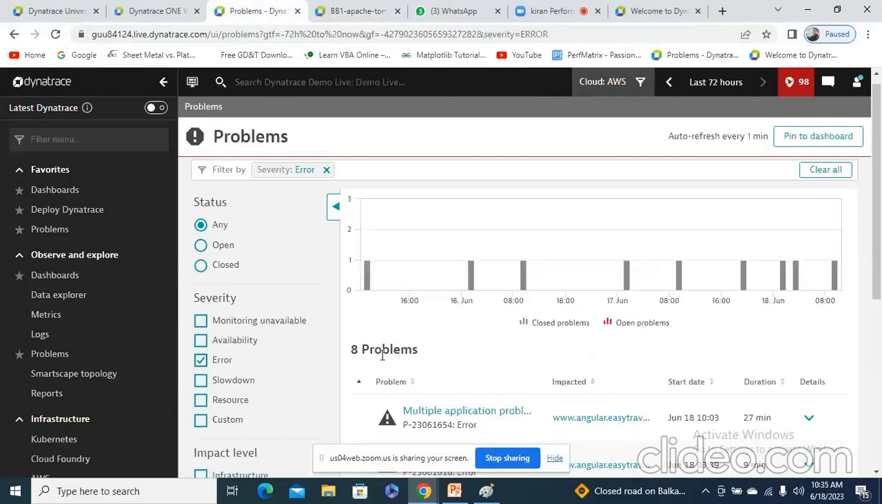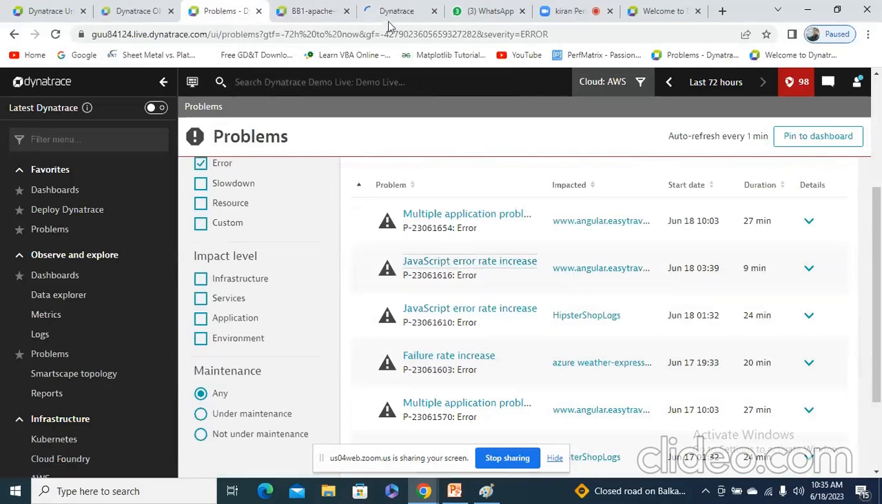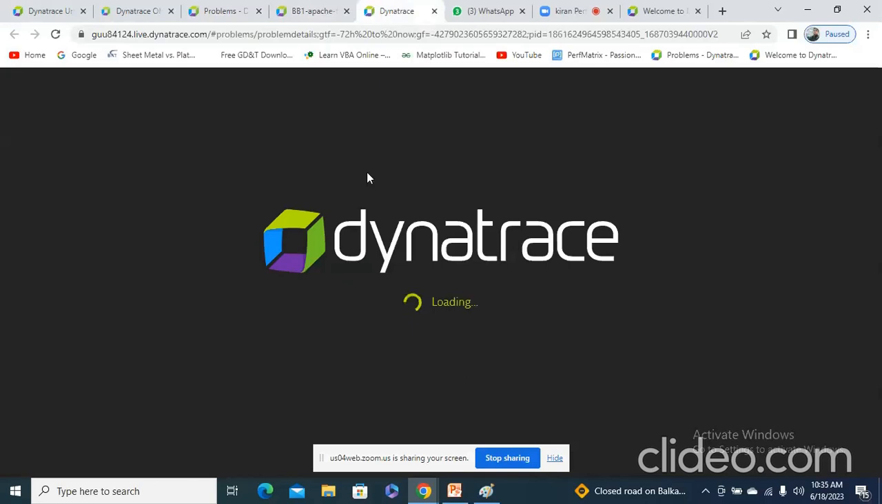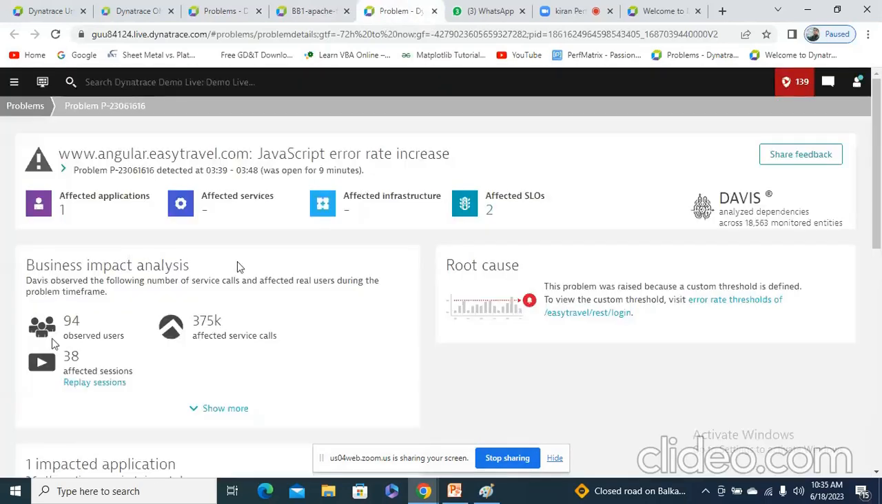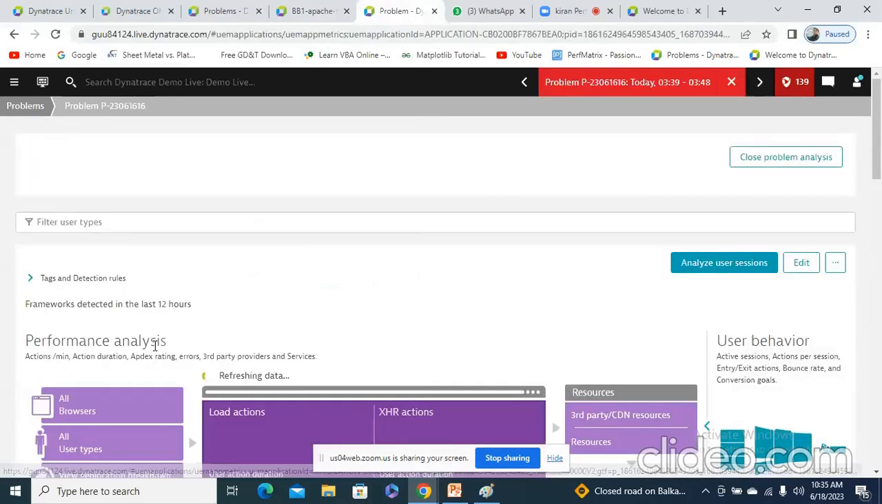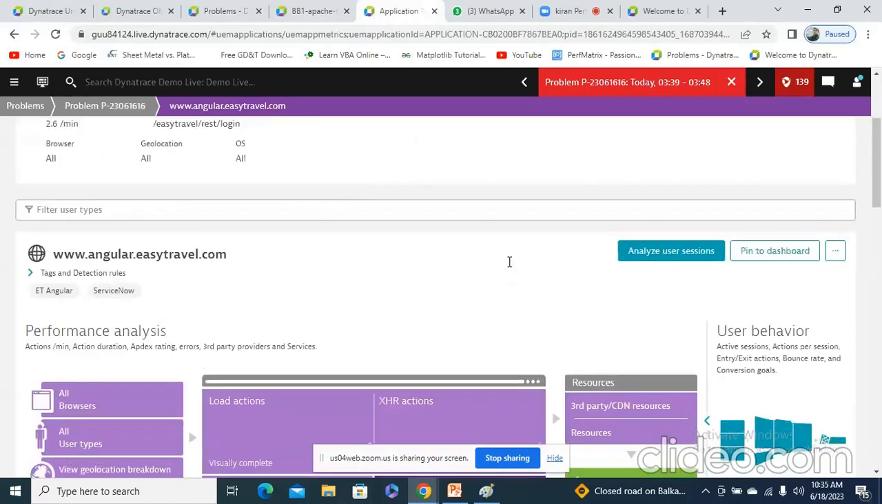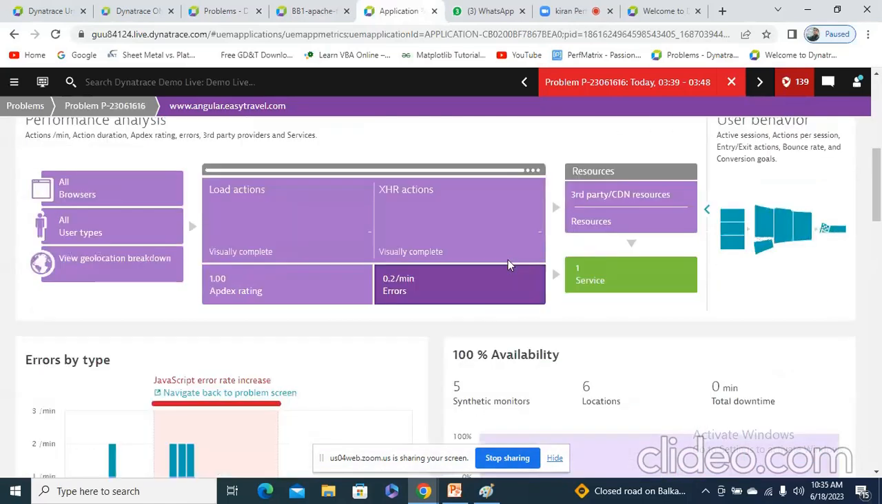And coming to error, see, we can see here the JavaScript error rate. In this, PurePath technology will also be there, from where we can see the